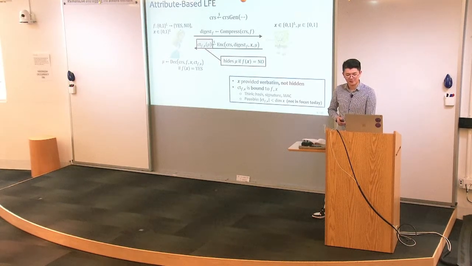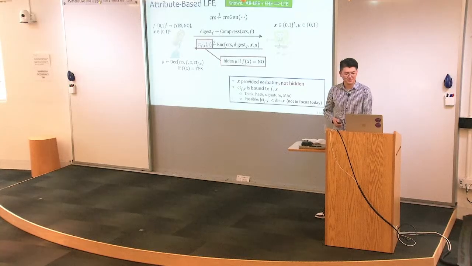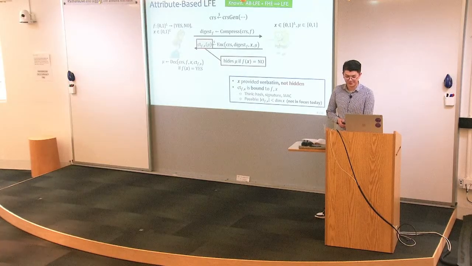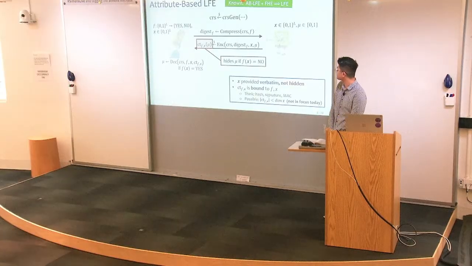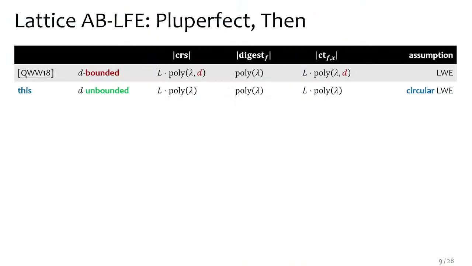Okay, and despite being a weaker primitive, it's known that ABLFE plus FHE implies laconic function evaluation in general. So what do we know about lattice-based attribute-based laconic function evaluation? The prior construction is by Quach, Wichs, and Wee, and they construct a depth-bounded version of ABLFE from LWE. And in this work, we construct a depth-unbounded version, and we also get rid of the dependency on the depth